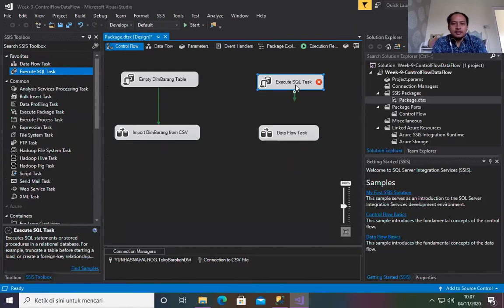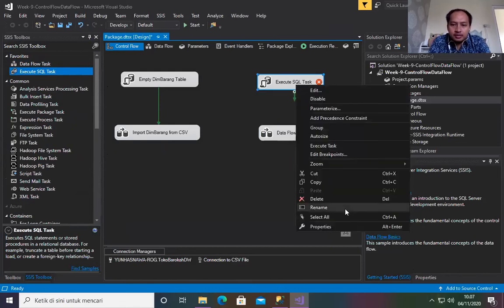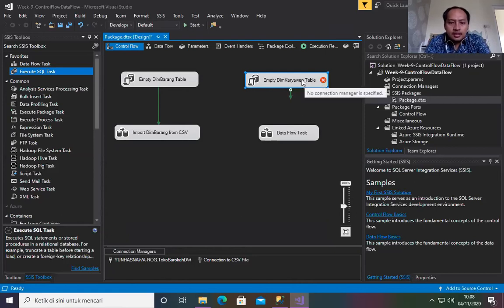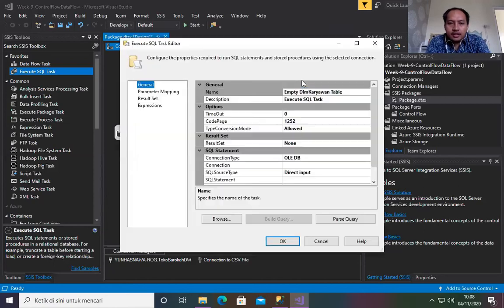So this is similar to our previous execute SQL task, this one empties the dim karyawan table. Let's sort out this error. It is just because it doesn't have any connection manager.